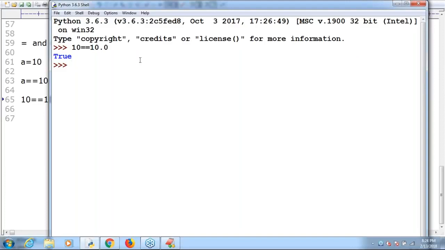Take very special care, because one is a smaller type, the second one is a bigger type. Automatically, smaller type will be promoted to bigger type. Remember that. Then automatically 10 will become 10.0. Both the things are always the same.